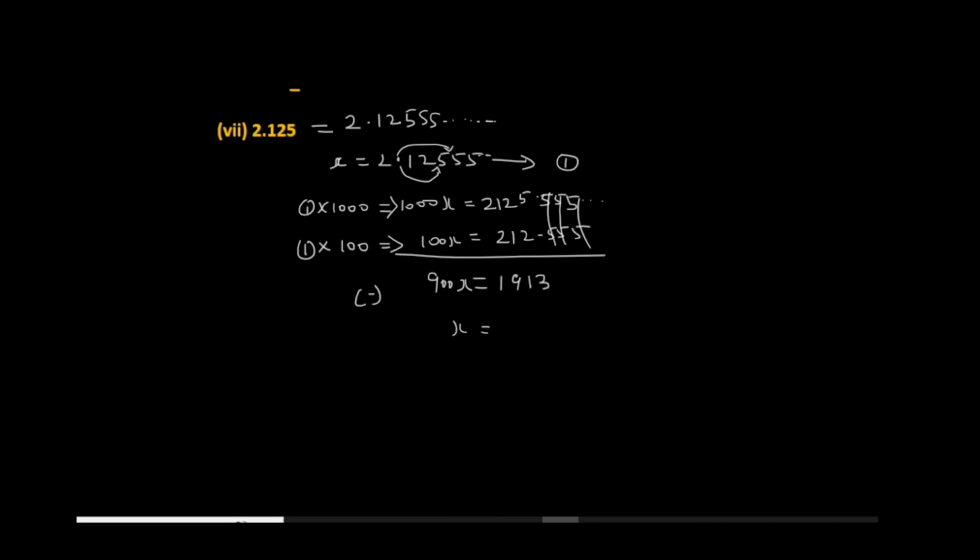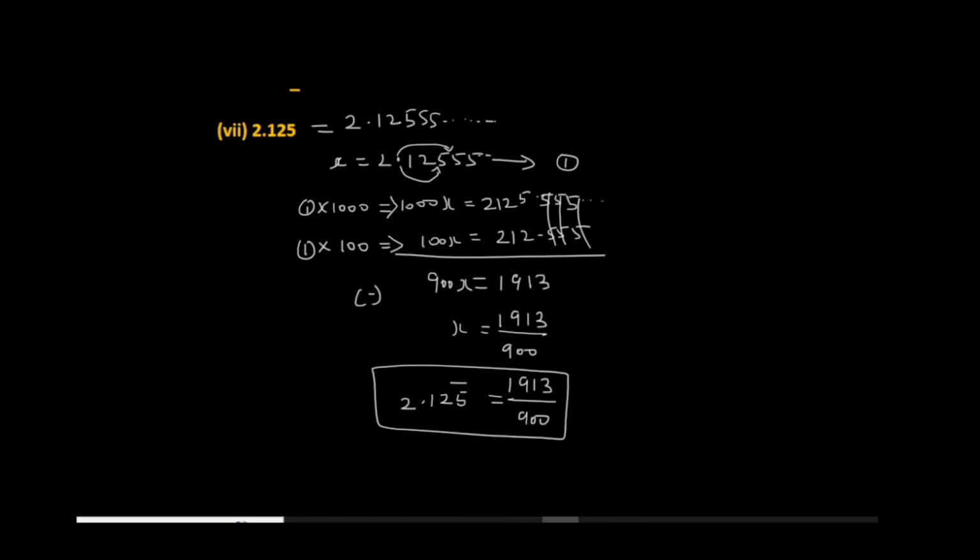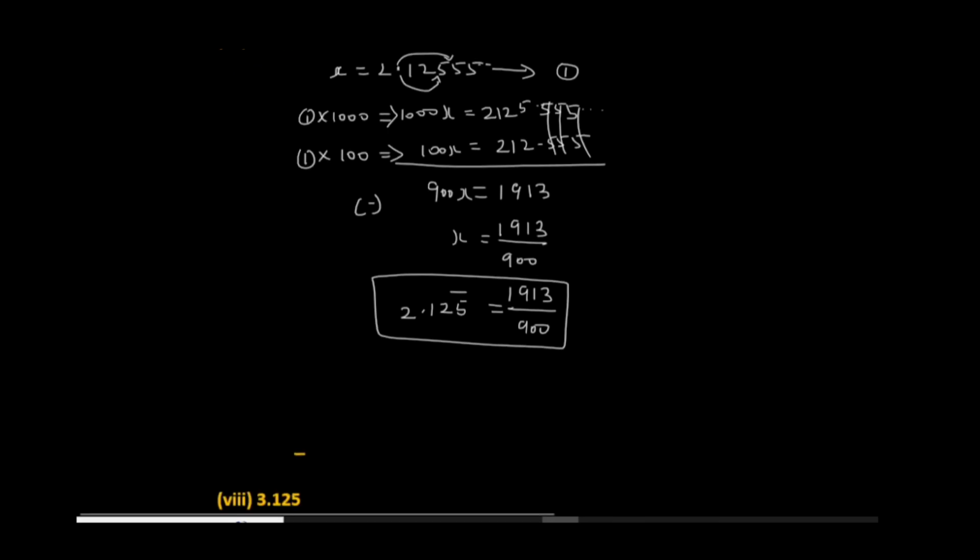So x is nothing but 1913 divided by 900. So 2.125 bar is equal to 1913 divided by 900. This is the p by q form of the given number 2.125 bar. So again here,